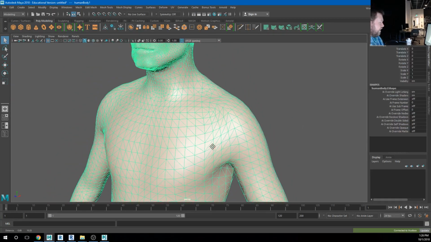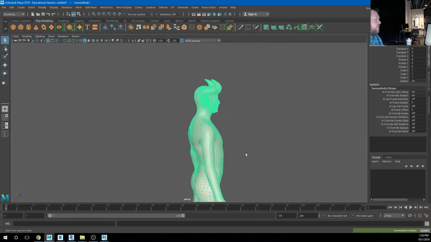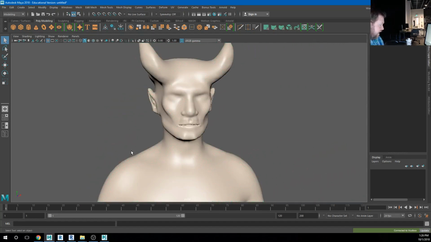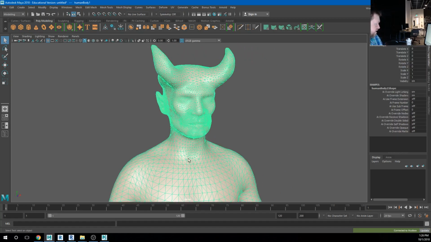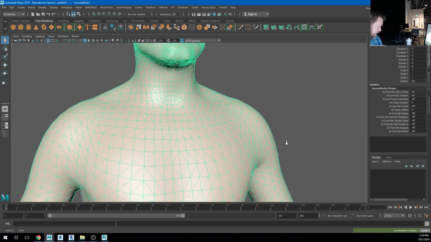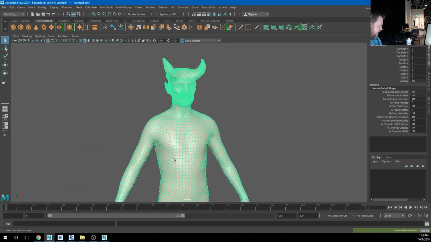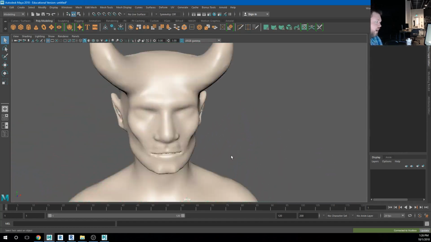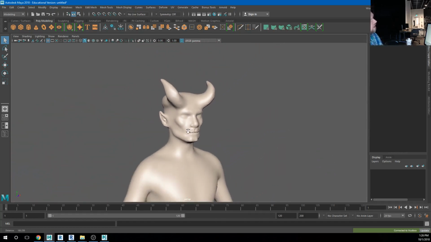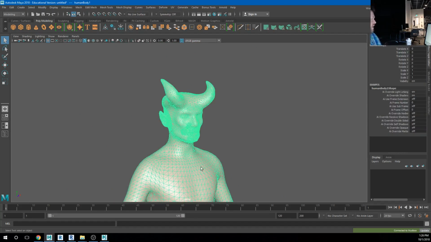It's a little dense. If we've subdivided this thing a lot, it would be really dense. But I don't need all of this. Like this is just not usable mesh, right? It's all triangulated. The only real way we can get usable mesh out of this is to recreate the topology on top of it. So I've kind of shown you this already, right? Select the model,